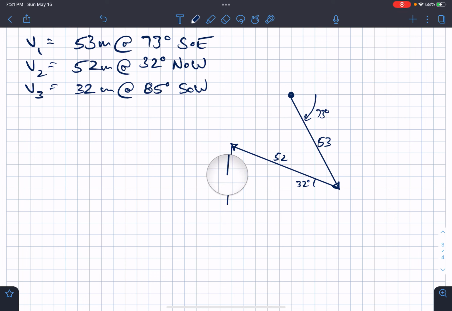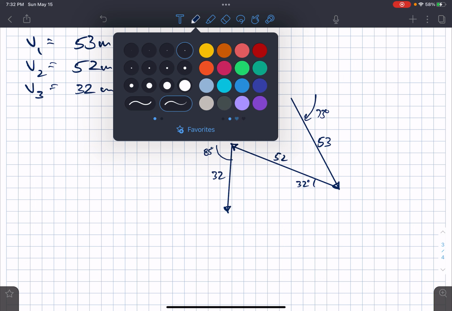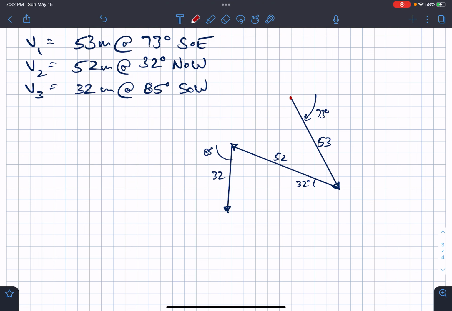Maybe something on the order of that. I want to say that magnitude is 32 meters, and this angle right there is 85 degrees south of west. And remember, each vector is kind of like its own starting point. Let's put a red dot at the origin for that vector here, another origin for that vector there, and another origin for this last vector right here. And so when we add them together, as we say, tip to tail,